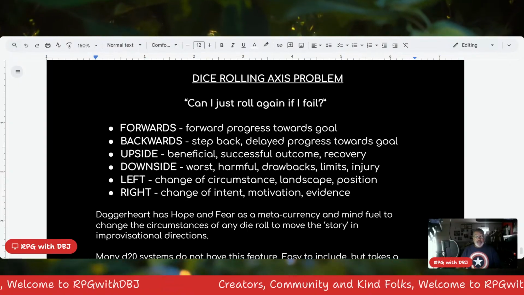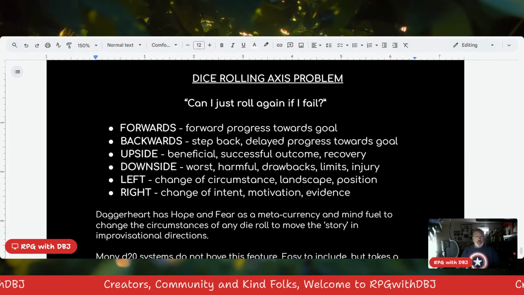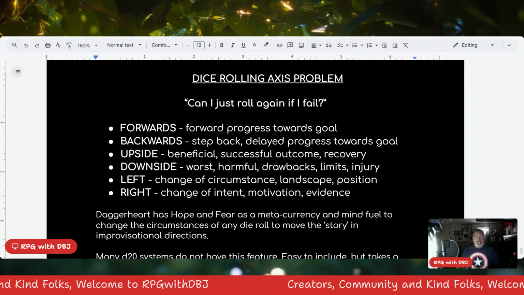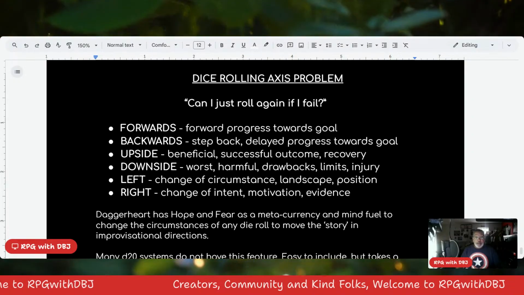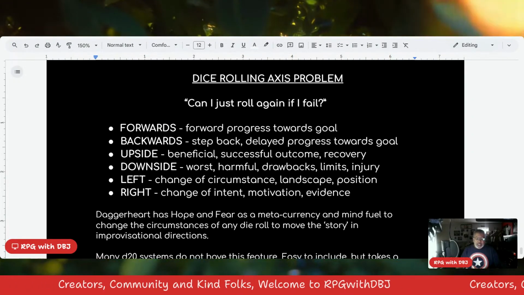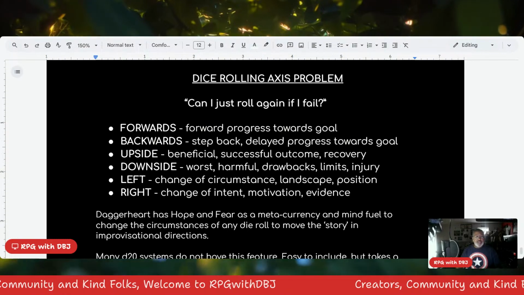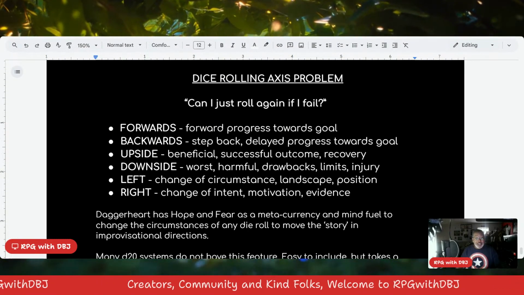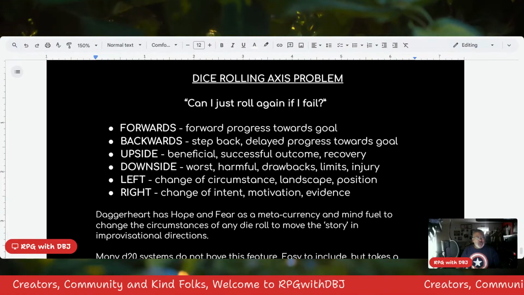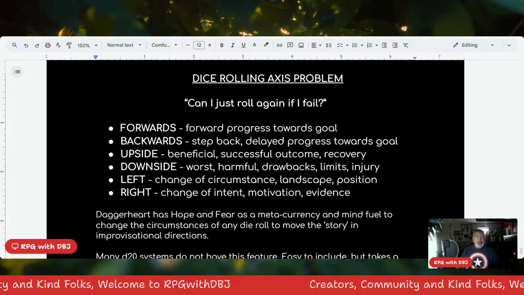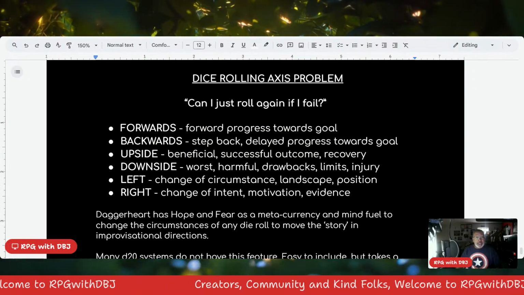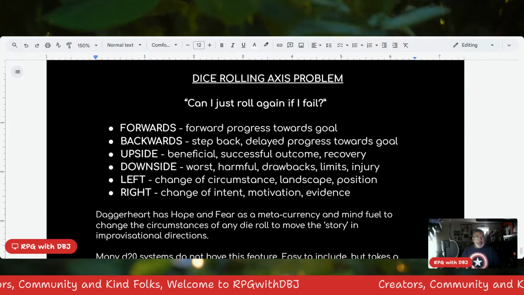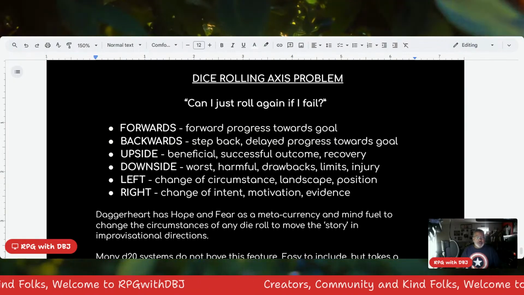So maybe the simple persuasion, "Hey, guy, could you let me in?" doesn't work. But maybe bribery or threats or seduction or something like that might work. Now, remember, there was just a failed attempt, which might affect the very next attempt, because the guard's going, "I know you want in here, and the fact that you're trying to bribe me, seduce me, threaten me probably isn't going to work,"